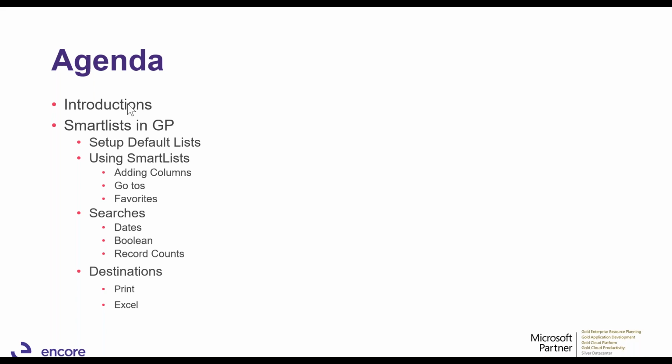One is you can set up your default ones. There's a bunch of default ones that come with GP. There's a few that you can change so that if you're always adding the same field every single time you do it, you can add it as a default so that you don't have to worry about it. In SmartList, you can add columns. You can add columns that are defined by GP. So GP provides you with the SmartList, and underneath each SmartList lies a view in SQL. Any field in that view can be added to a SmartList by using the